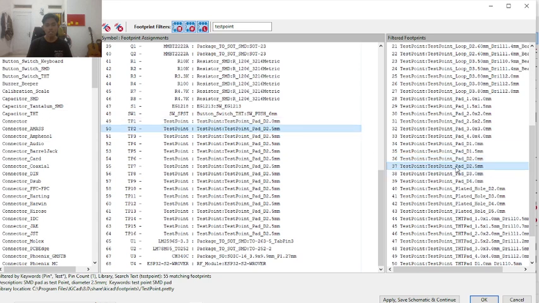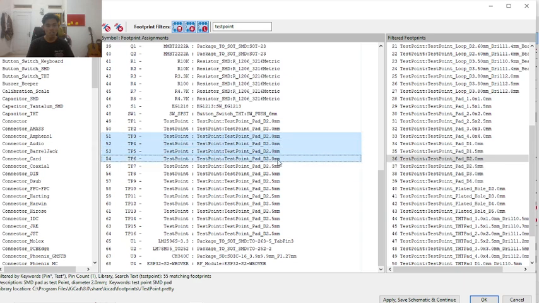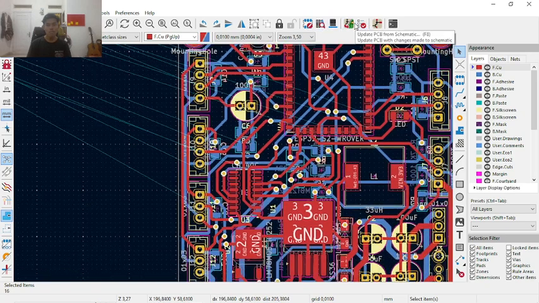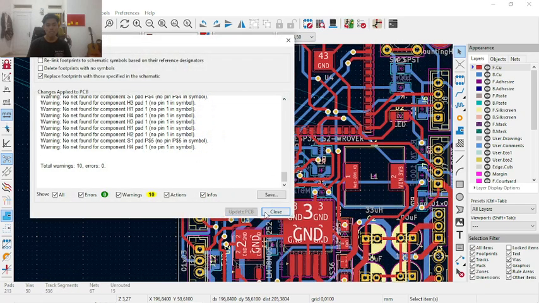Yes, I will use the 2mm. And then apply, save and continue. Okay, go back to PCB editor, update the PCB,